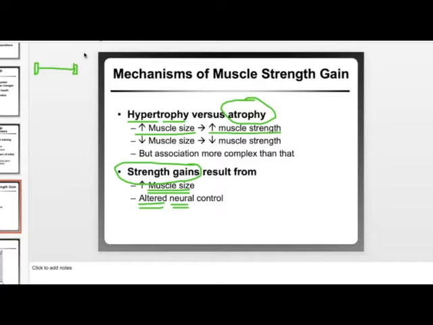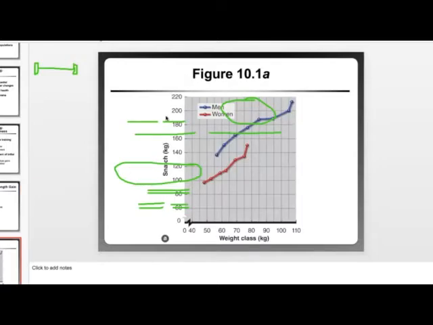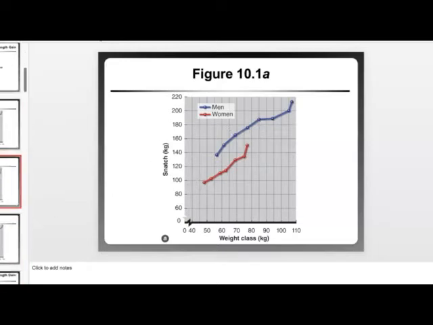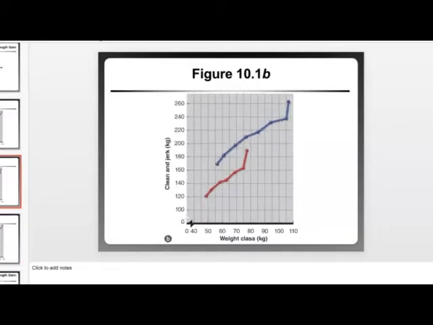In any event, if you look at the absolute amount that an individual can lift, this is men and women, and it seems as though men are able to lift an absolute value that is somewhat higher than what females are able to lift. But this has to do with a lot of limb length. And you'll notice that the rate of increase is relatively similar, but for the most part, men are going to be able to lift a little bit more weight.